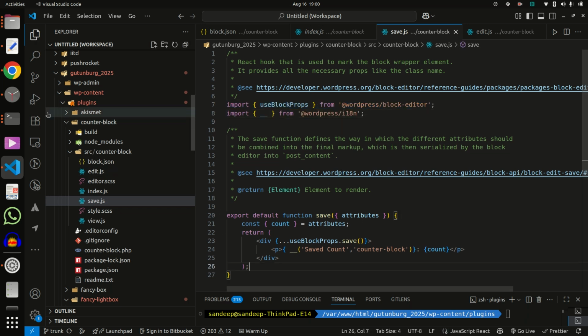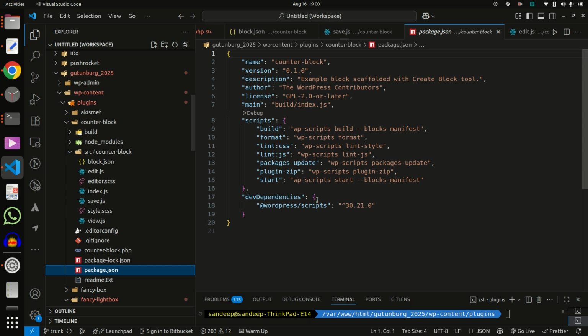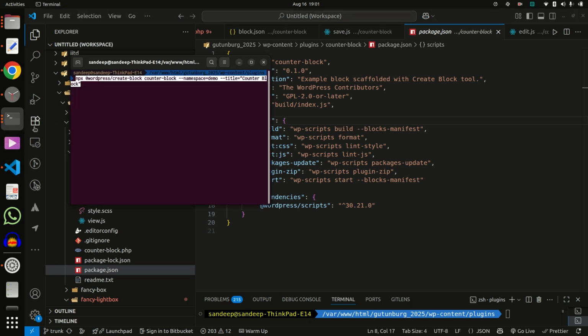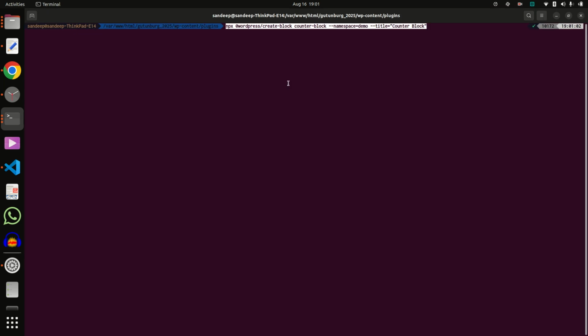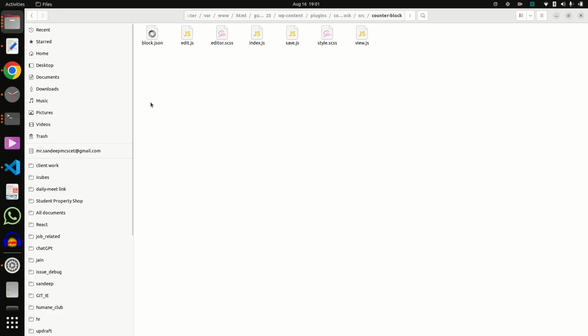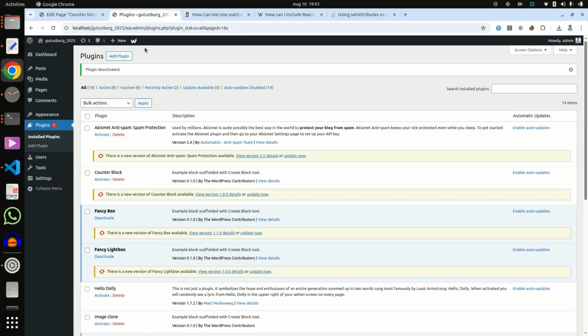Then inside package.json you can see lots of scripts here. So you can run npm run start, but I always prefer npm run build, so that it does not hang my system. Change directory. Okay, one more thing, go here in the plugin section, and here you will get one plugin, counter block.